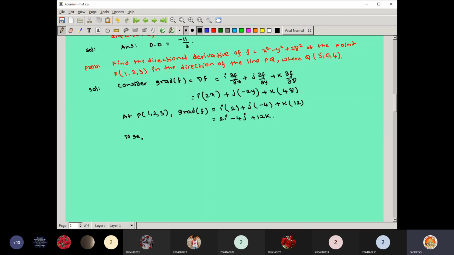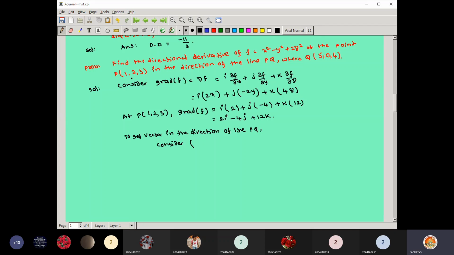To get the vector in the direction of the line PQ, consider I am going to create another point by using the points P and Q. So can you give me the answer? As per your geometrical concepts, P and Q points are given. Can you write down a point on PQ?